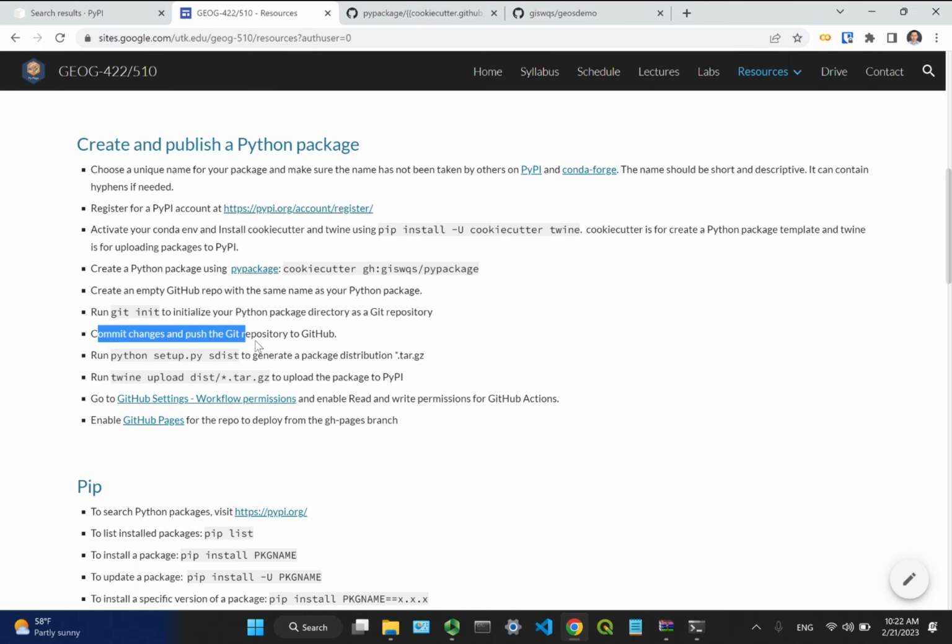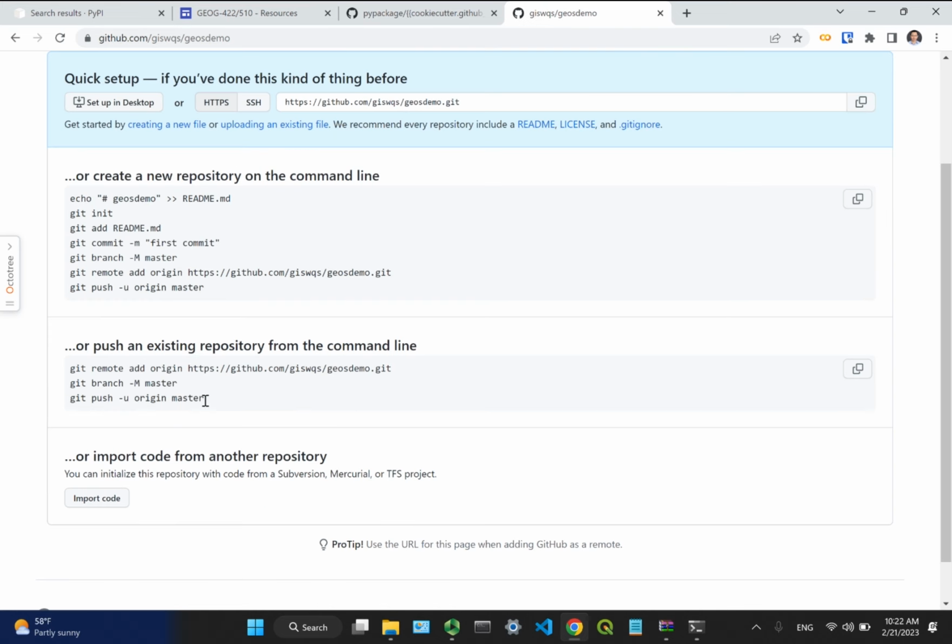Commit all the changes and push to GitHub. Okay, so come back to this one here. What we need is this instruction: git remote add this one and then git branch. But before I do that, we need to commit the changes first. Otherwise, you cannot actually push anything. So what you can do is to